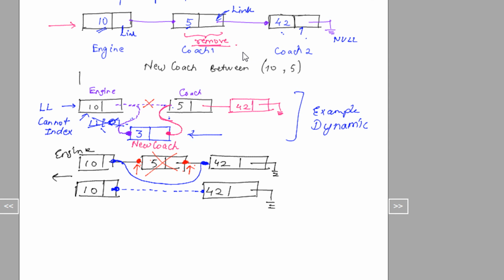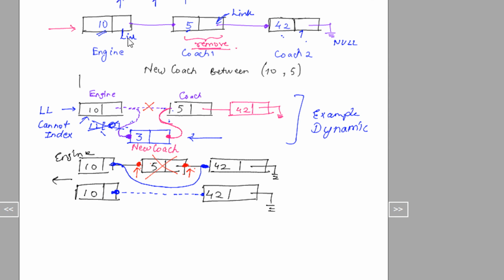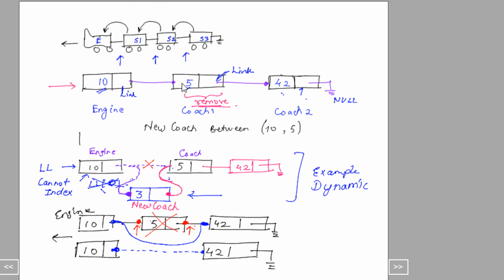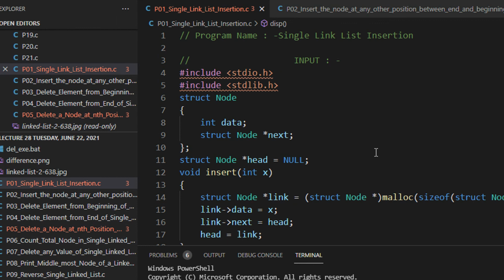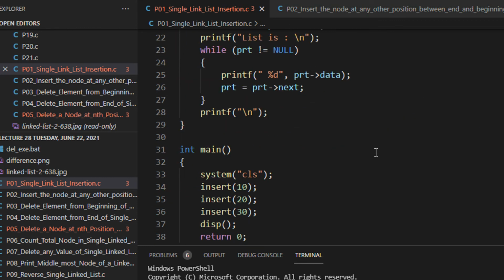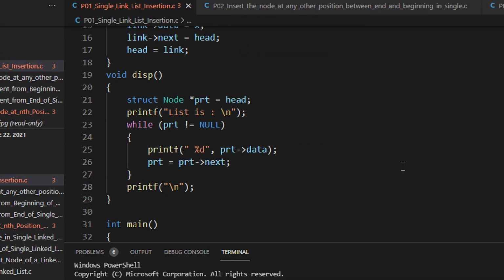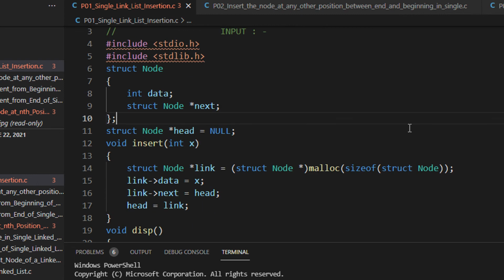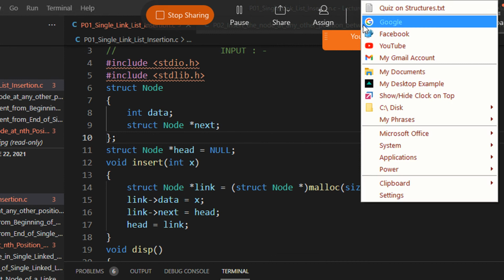So yeah, any doubts or any issues? So this is the representation. Just remember the goods train example, and let us take a break for 5 minutes, and then we will see one program of a linked list. How does it work, and how do we define a linked list? Right. So let us meet at 11:18 or something like this. By the time I will just pause it.